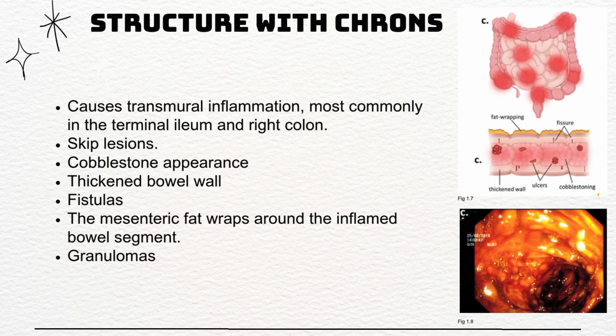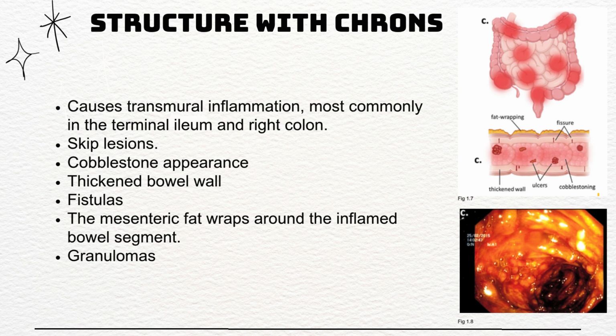So Crohn's disease causes transmural inflammation, most commonly in the terminal ileum and right colon. There's skip lesions, which are patchy areas of inflammation with intervening normal mucosae. The cobblestone appearance, which is that deep linear ulcers and fissures intersect with the edematous mucosa. We have the thickened bowel wall due to chronic inflammation and fibrosis, especially in the distal ileum. We have the strictures, which is the narrowing of the lumen due to fibrosis, often in the terminal ileum or